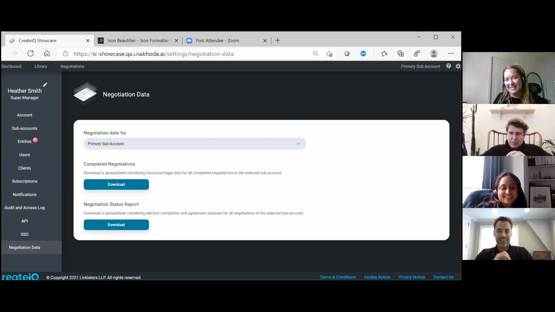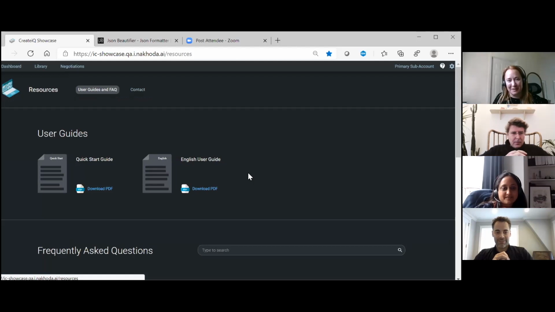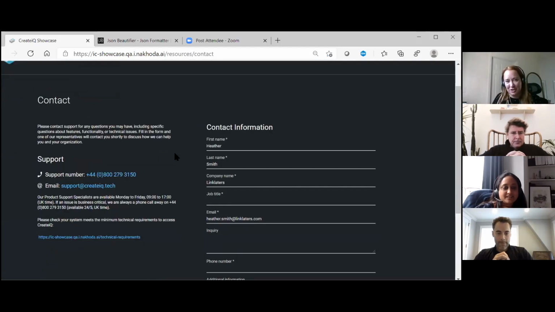But there is a right here. I'm going to click this little button, but you can see that there is contact information here. There's a 24-hour support number, and that's not just when you're trying to reach us, that's after you're using the platform. And then there's the email support line. And then Shilpa, I think you have other ways as well that you guys use at Nakhoda. Yeah, so I was going to say, if you want to use any of the documents on ISDA Create, literally, it's the simplest thing is,